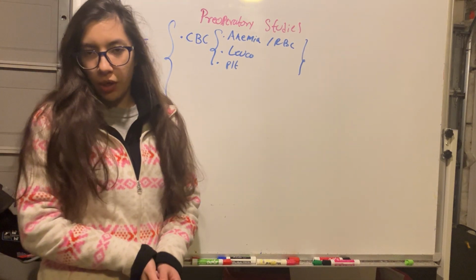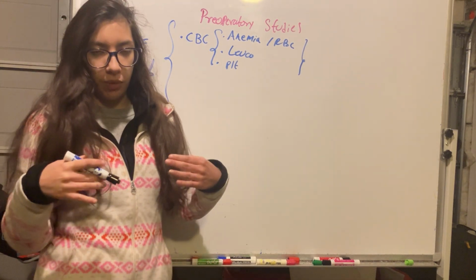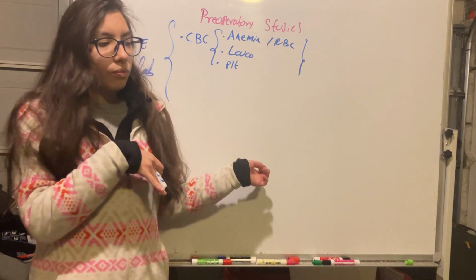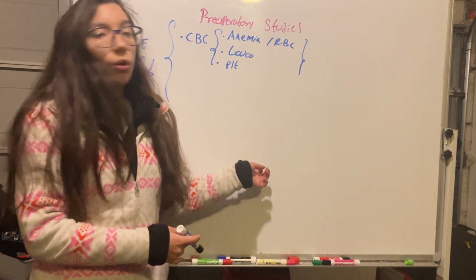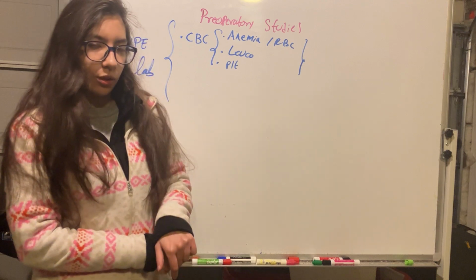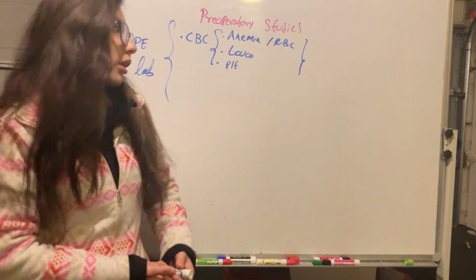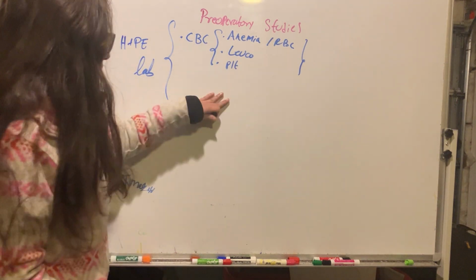Because remember that heparin, we use it before the patient goes into the bypass machine we use for cardiac surgery. The patient needs to be on heparin before undergoing cardiac surgery. So platelet count,